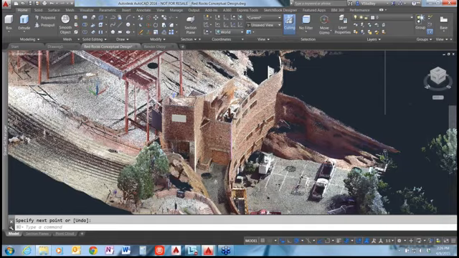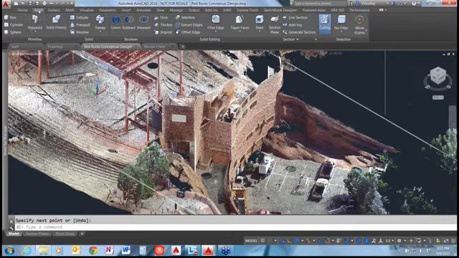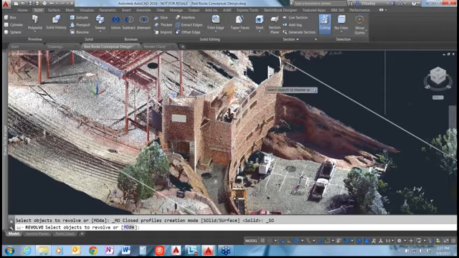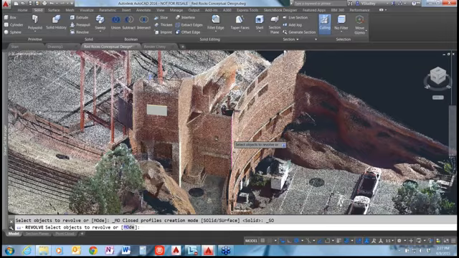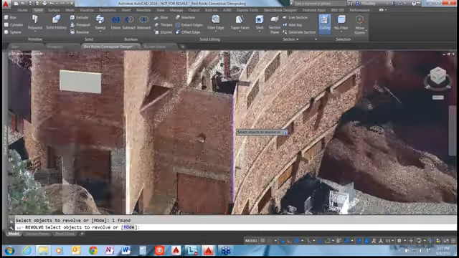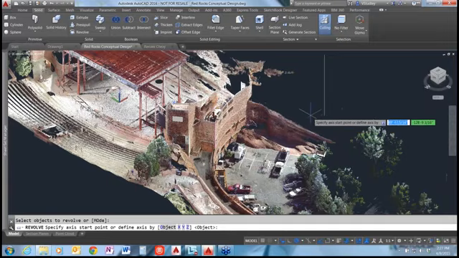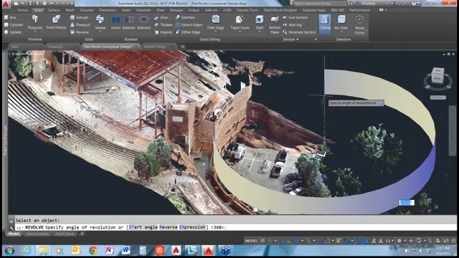So I'm just going to grab, where is it? On the Solids tab here on the ribbon, I'm going to jump over to Revolve. I'm going to use my Revolve command and select that line that we drew at the corner of these two walls here. And then it's going to prompt me to grab an object. So if I just hit enter, I can grab the center line there that I drew previously, and you'll see that